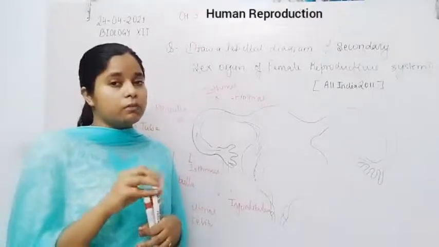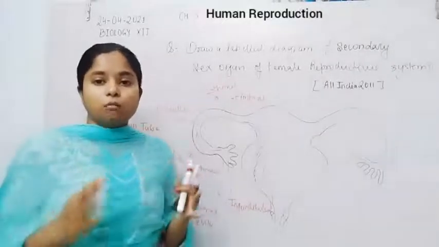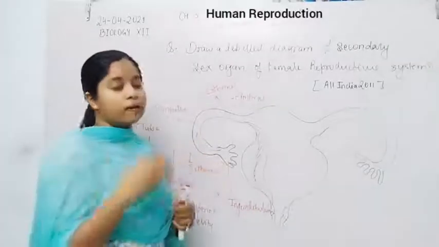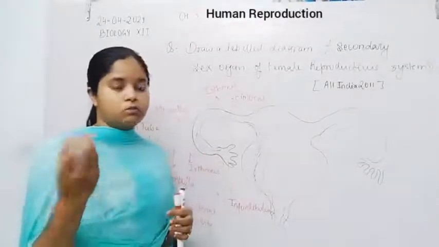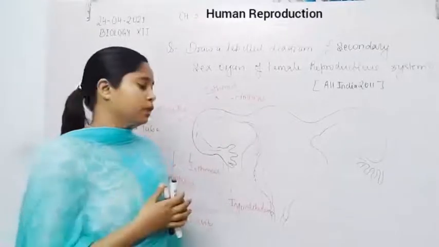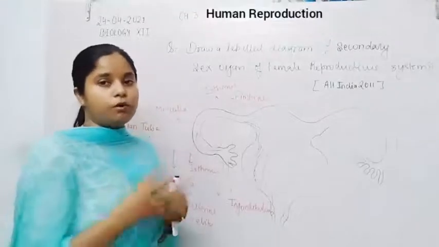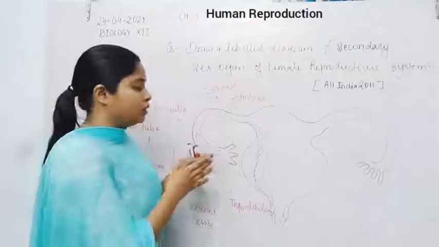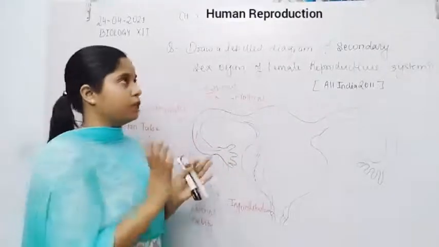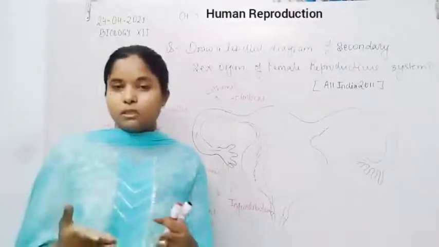The inner cell mass undergoes cleavage and also the differentiation process. By differentiation, finally there is formation of the different layers, that is ectoderm, mesoderm and endoderm, which give rise to the different organ systems of the baby. So specific organ systems are formed by the different layers of the embryo, which is formed by the inner cell mass, and the trophoblast also helps in the formation of the placenta, and